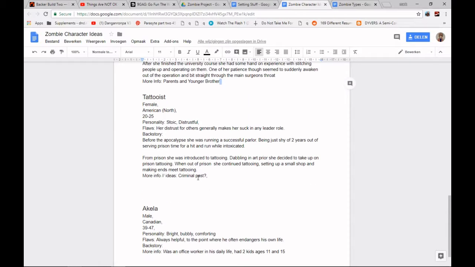Now we have a tattooist, who is female, North American, 20 to 25. Her personality is stoic and distrustful. Her distrust for others generally makes her suck in any leader role. Before the apocalypse, she was running a successful parlor, being just shy of 22 years old, after serving prison time for a hit and run while intoxicated. From prison, she was introduced to tattooing. Dabbling in the art prior, she decided to take up prison tattooing. When out of prison, she continued tattooing, setting up a small shop and making ends meet